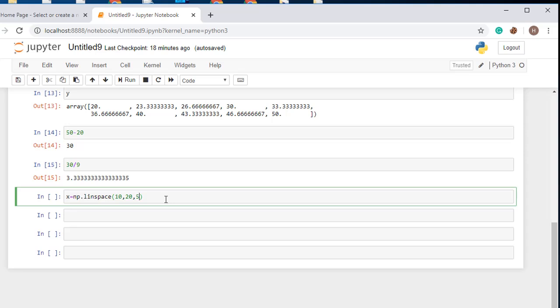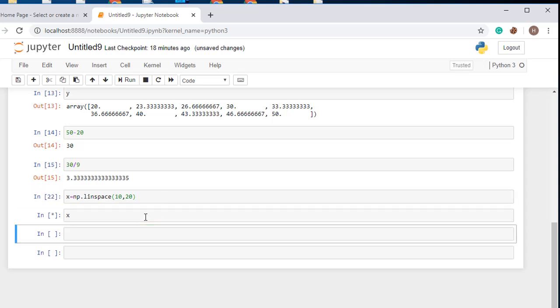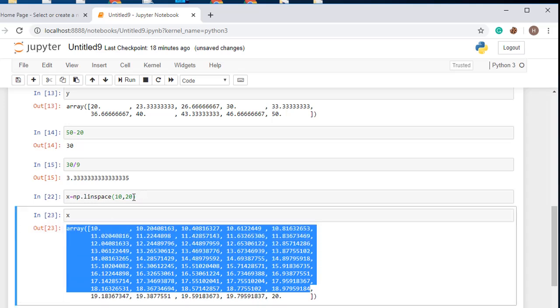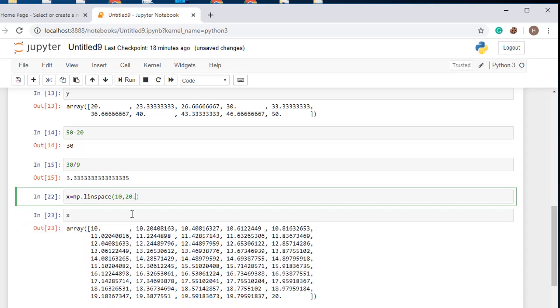Alright, if you do not provide this, it will actually divide it into 50 different parts. Let's see, I am missing the thing, and you will get the answer like this. It has divided into 50 different equal numbers. Alright, so I am going to put a number